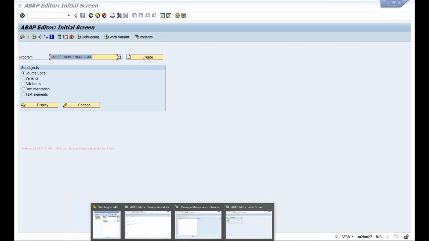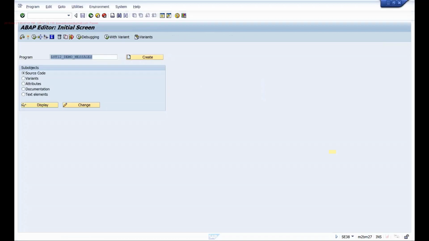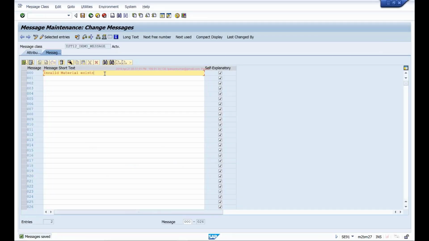So I want you to research and find out and tell me how we can show dynamic messages, where I can include, for example, when the user inputs this material number, instead of just showing invalid material, I'll just say invalid material.